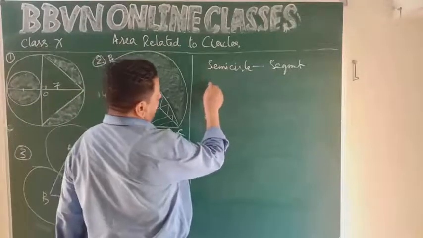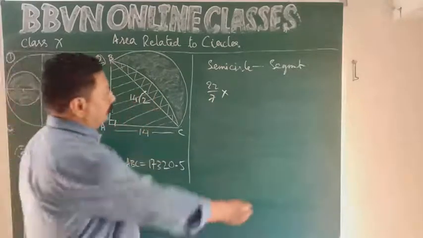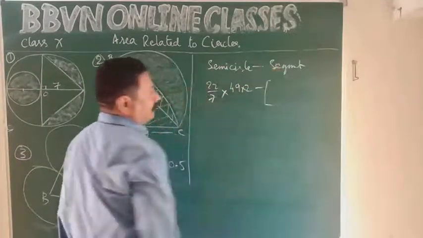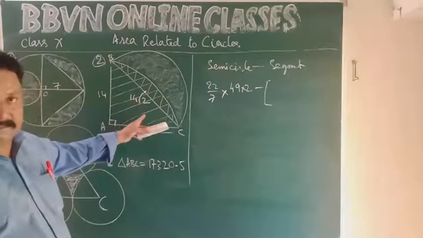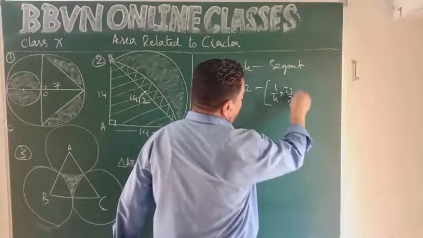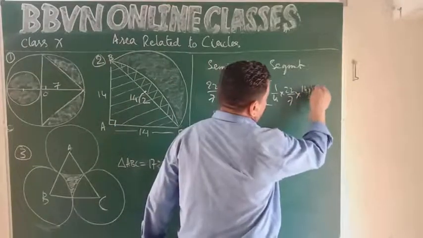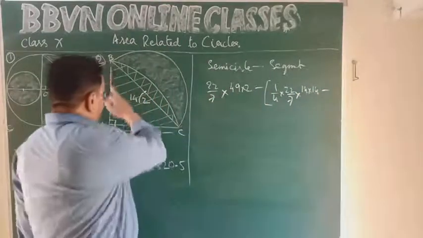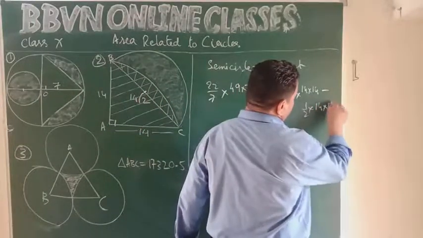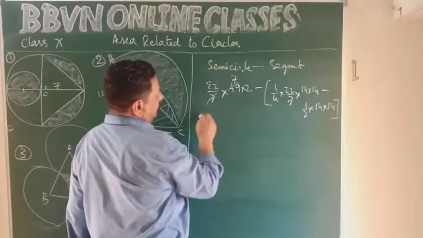Area of semicircle, pi r square, 22 upon 7 into, this radius is 7 under root 2. So it becomes 49 into 2, minus segment. Segment is quadrant minus triangle. So quadrant is 1 upon 4 pi r square. R is 14, minus right triangle, half into 14 into 14. Okay. So 7 goes 7 times, 22 into 2,